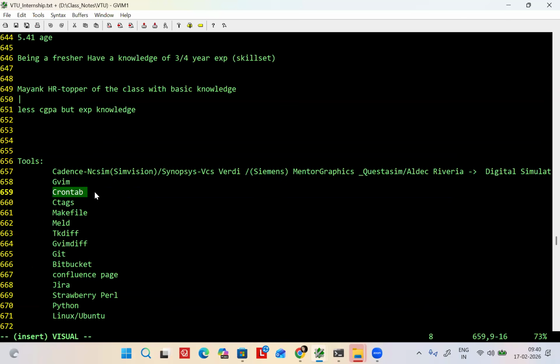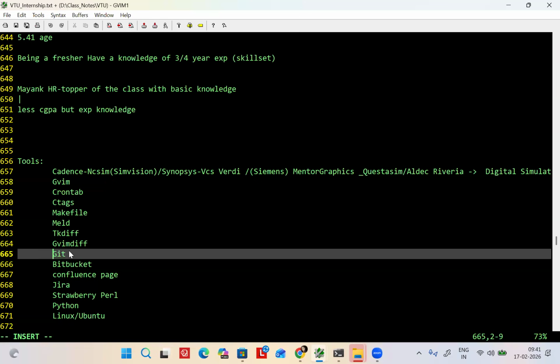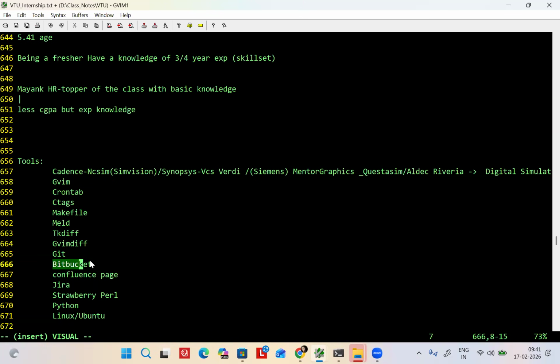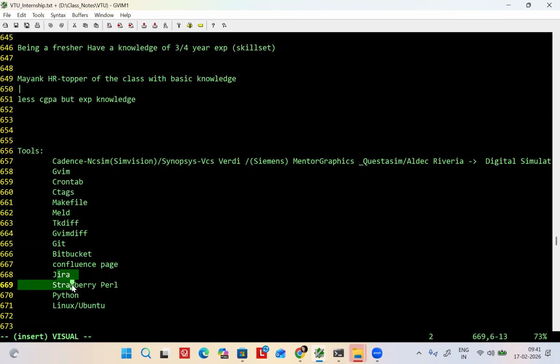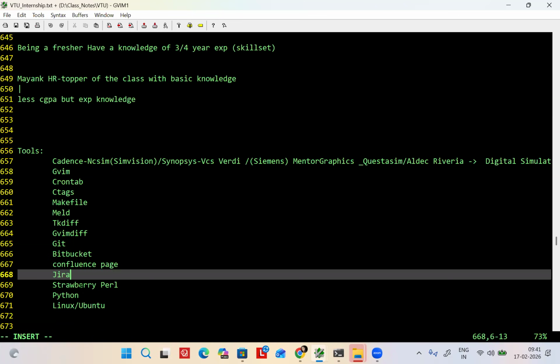Crontab. What is crontab? Scheduler. If you want to set any job for a particular time, you can do it with crontab. ctag, you know, makefile, you know, GVim with TKD call, you know, Git, you know, Bitbucket, you know, Confluence page, you know, Jira, you know, Perl and Python.